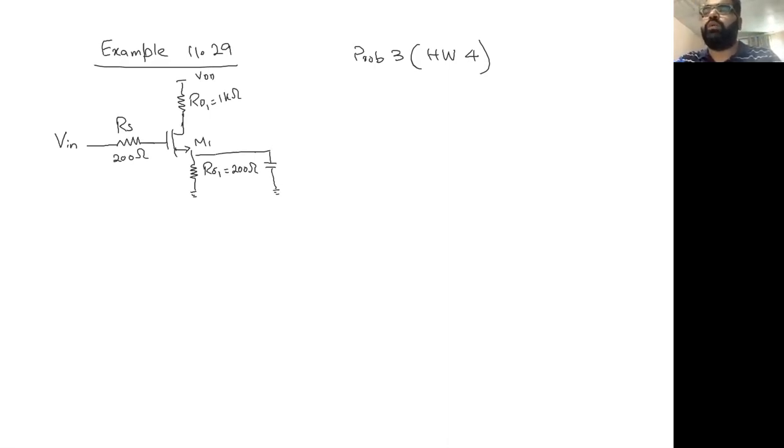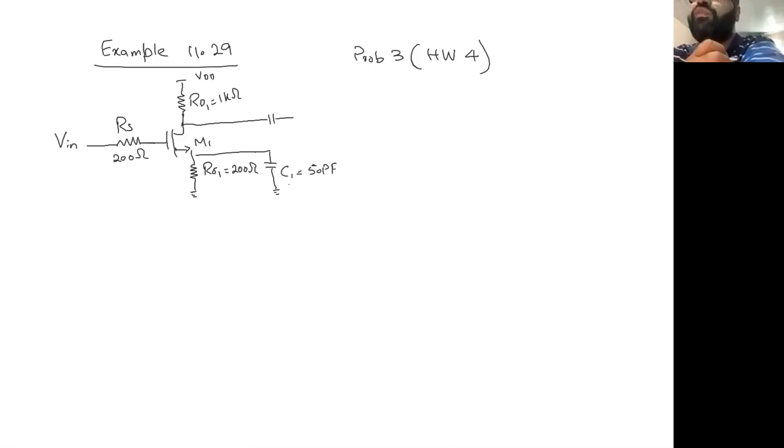to alleviate the gain of a common source with degeneration. Because of this degeneration resistance, the gain ultimately dies down or reduces. But if we put the bypass capacitance, that bypass capacitance will be considered as a short for high frequency, and in high frequency the gain can be enhanced again. So in between